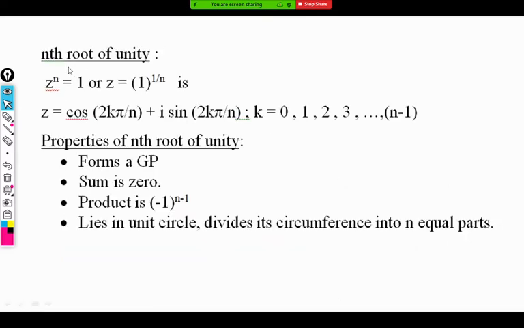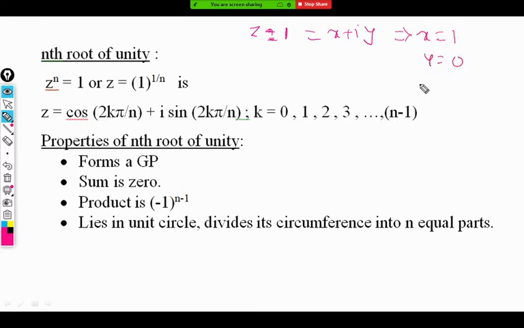Okay. Now, sometimes if the question comes, find the nth root of unity. Suppose the general question comes, find the n roots of unity. So step number one, given z equal to 1, we have to find out all n roots of unity. So we have to convert that into polar form. Compare it with x plus iy. This gives us x equal to 1, y equal to 0.